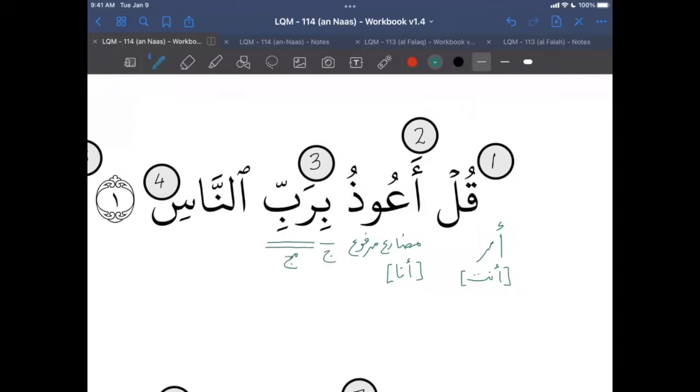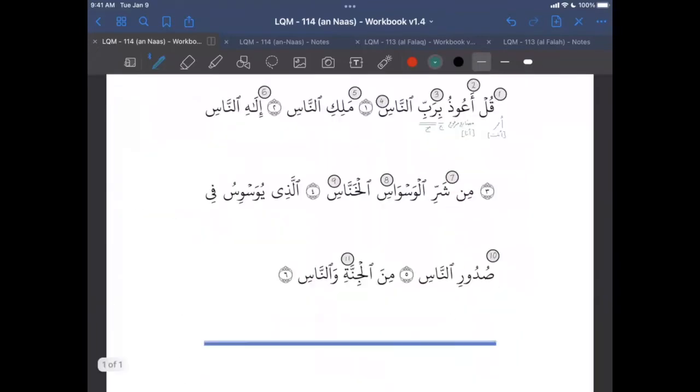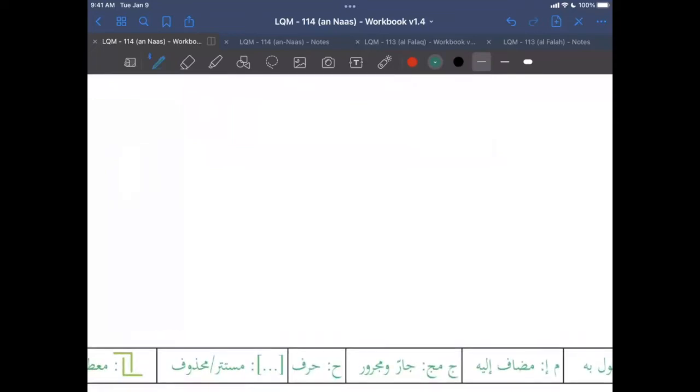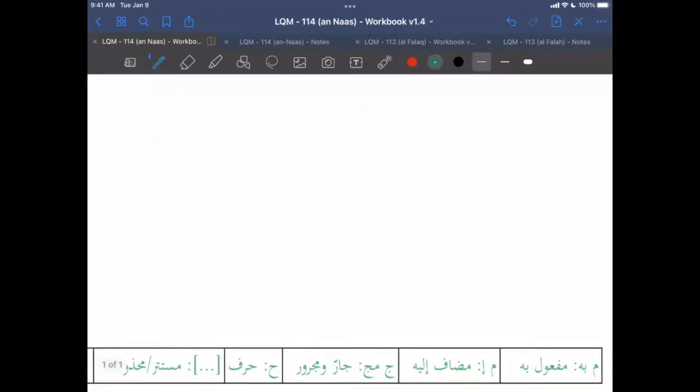These are some of the abbreviations which I used, and I did point out last week, and I'll do it again. If you look at the bottom of the page, which you won't have in your workbook right now, but once I upload this, you will have this, inshallah. The different abbreviations that I use are listed at the bottom. So if there is any confusion, you can always refer to the bottom of the page, inshallah.